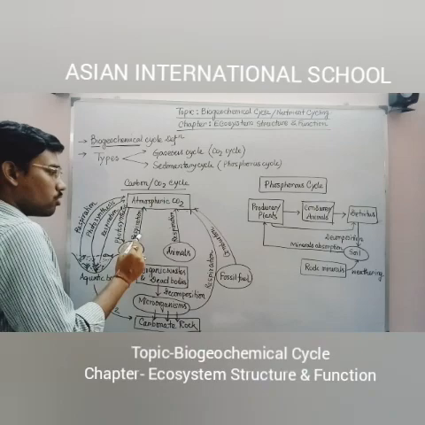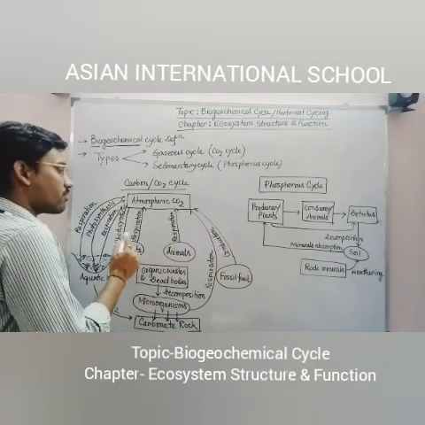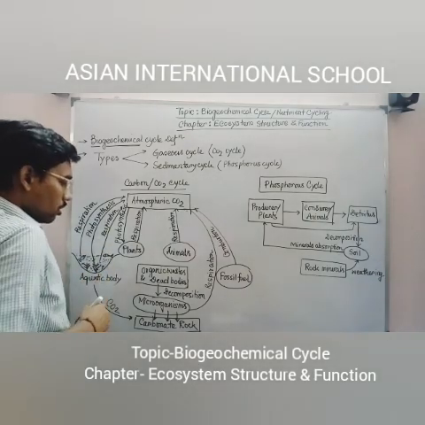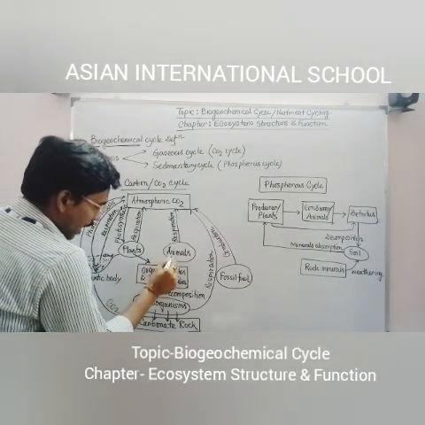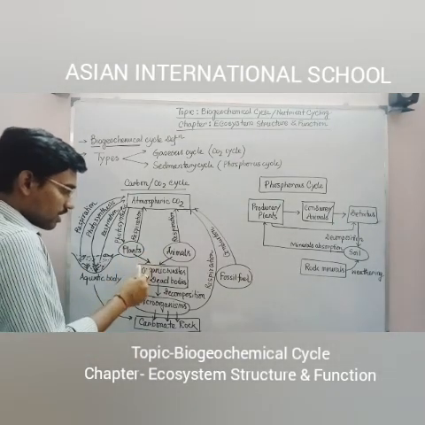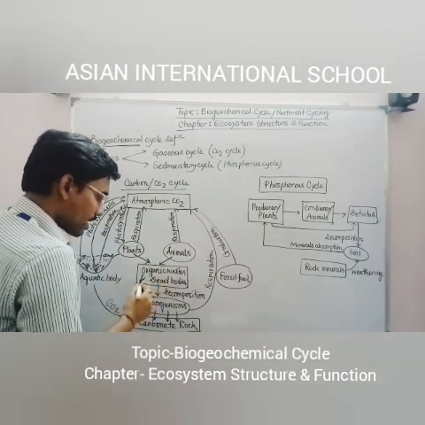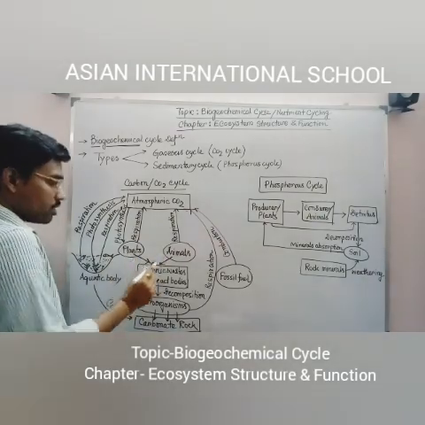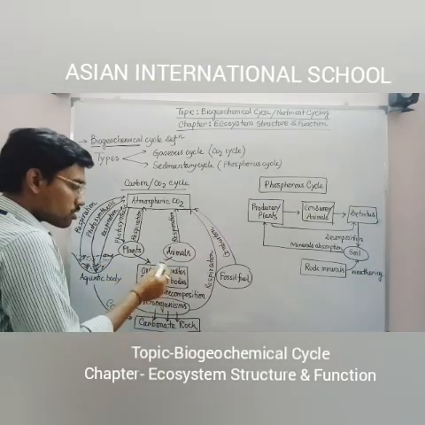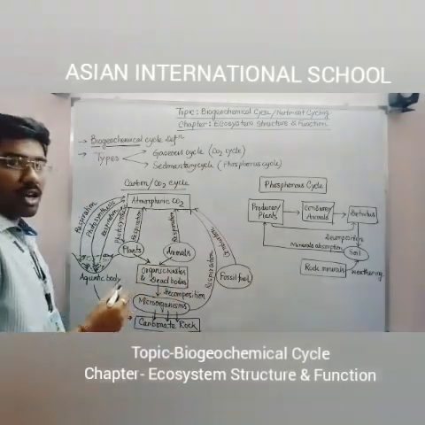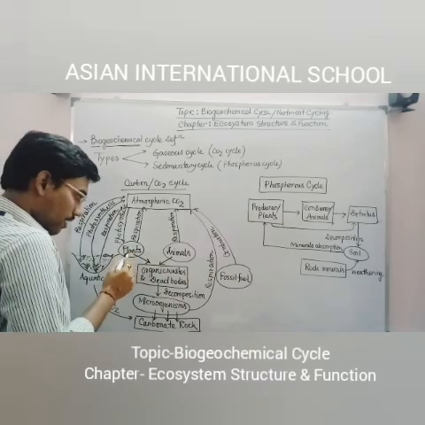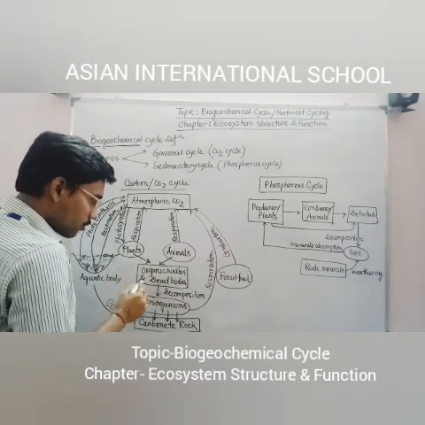So, okay, this three arrow meaning is very much clear, or why we have given these three arrows, that is very much clear. Now, what we will do, from the plants as well as from the animals, we will give two arrows. And those two arrows are converging in a point, that is organic waste and the dead bodies. That means when the plants and animals are dying, or when they are releasing their fecal matters, those things are mixing into the soil. So for that reason, from those organisms, we have given two arrows to the organic waste and the dead bodies.